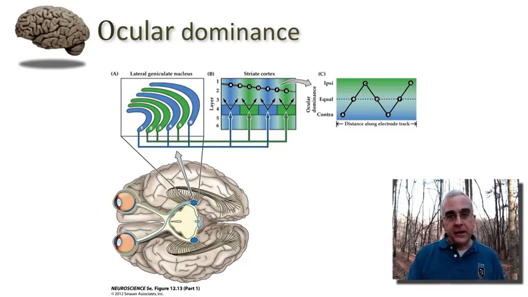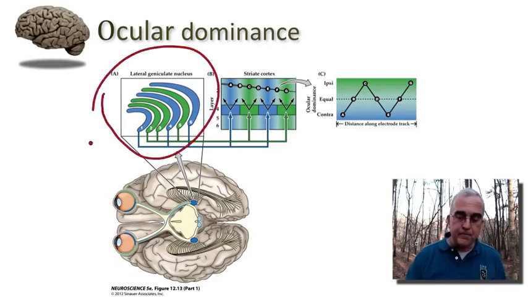So as the two retinas send their axons into the optic tract, representing the same side of the visual world, it might be quite natural to assume that that information is combined in the lateral geniculate nucleus, but it's not. The lateral geniculate nucleus is a layered structure, and alternating layers receive input from one retina or the other. Actually, there are two inner layers that are a bit different from the four outer layers,